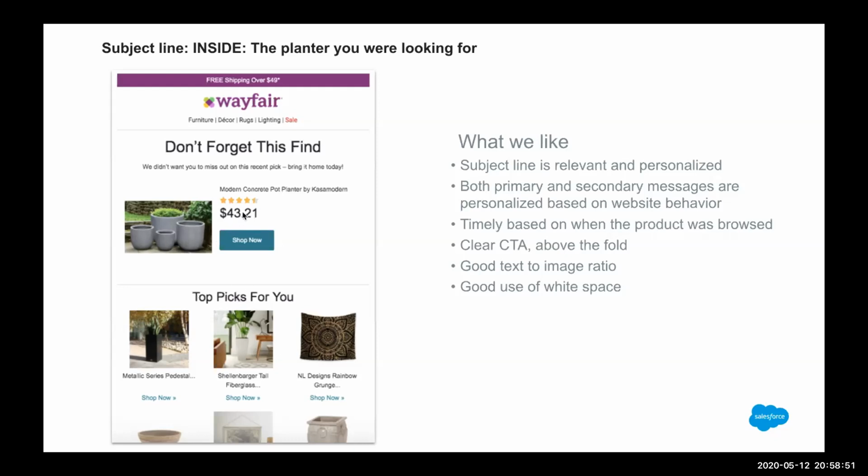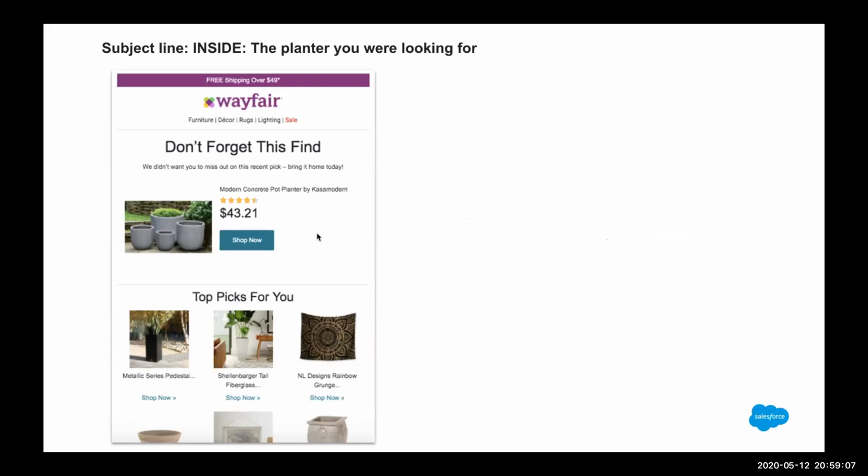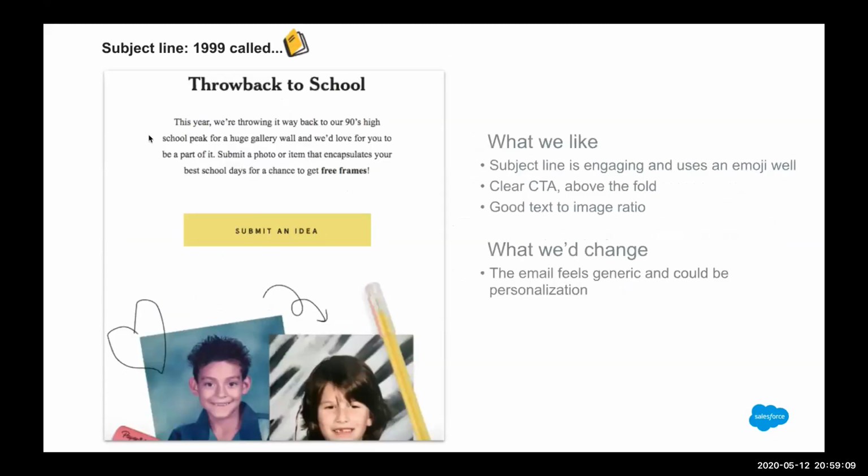There's a good text to image ratio, which means if I had images disabled, I would still be able to see a lot of the copy, which is great. And then the other thing that we haven't spoken about, there's a good use of white space. If we go back to the previous email, we'll notice that there's a lot of white space around here.